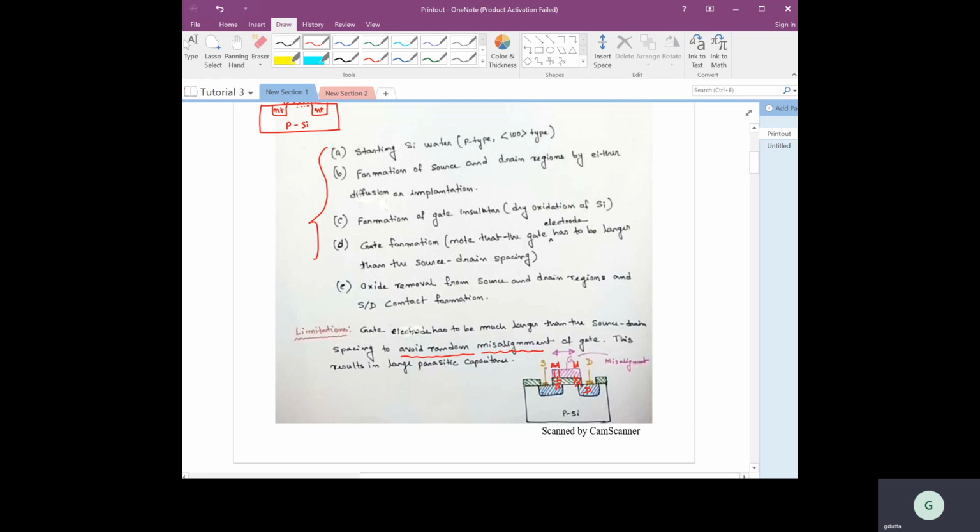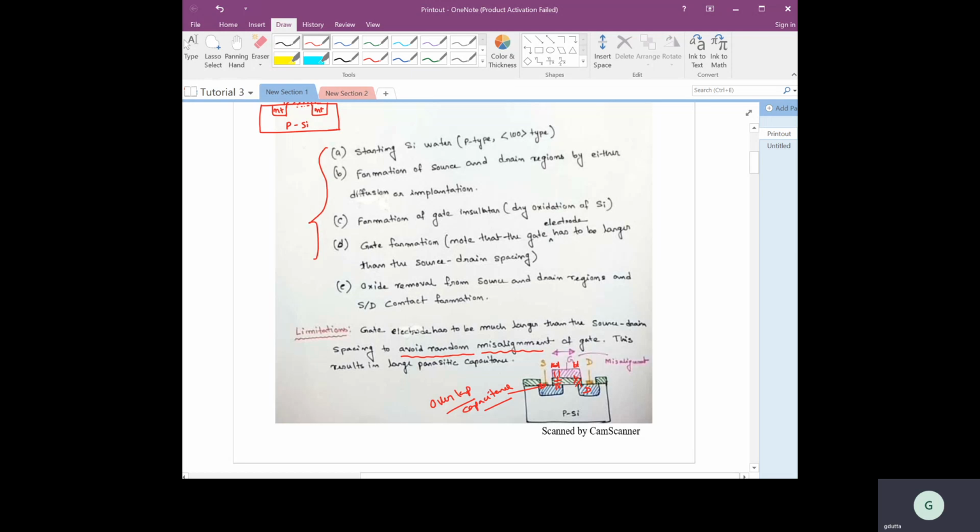So we want to minimize these capacitances, because we don't need them, and they are not giving any advantage in terms of MOSFET operation. Just to ensure that this device works, we have to keep this overlap, and as a penalty we have to pay in terms of these overlap capacitances, right? This is not a good thing. I think you will agree with me.